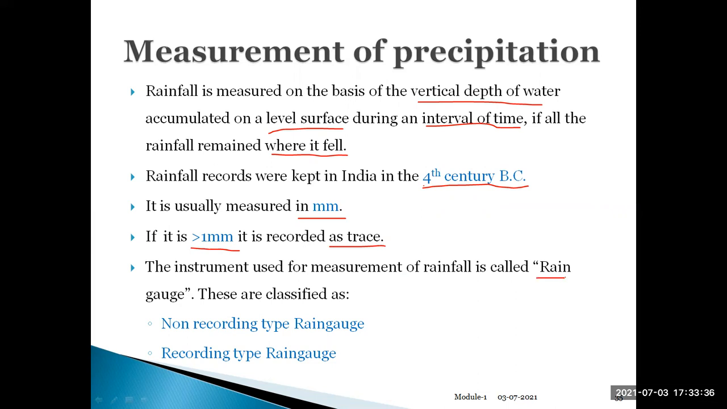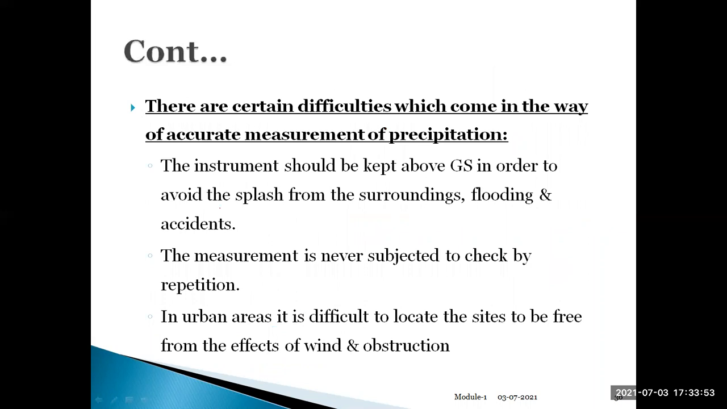which is called a rain gauge. The instrument which is used to measure the rainfall is called a rain gauge. The rain gauges are classified into recording and non-recording types. Let us discuss what is recording and what is non-recording type of rain gauge. Before that, going to the measurement by recording and non-recording rain gauges,